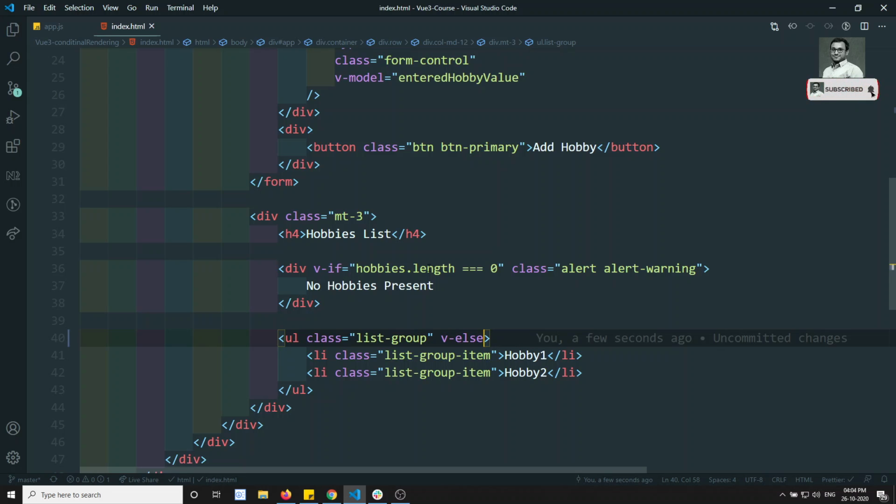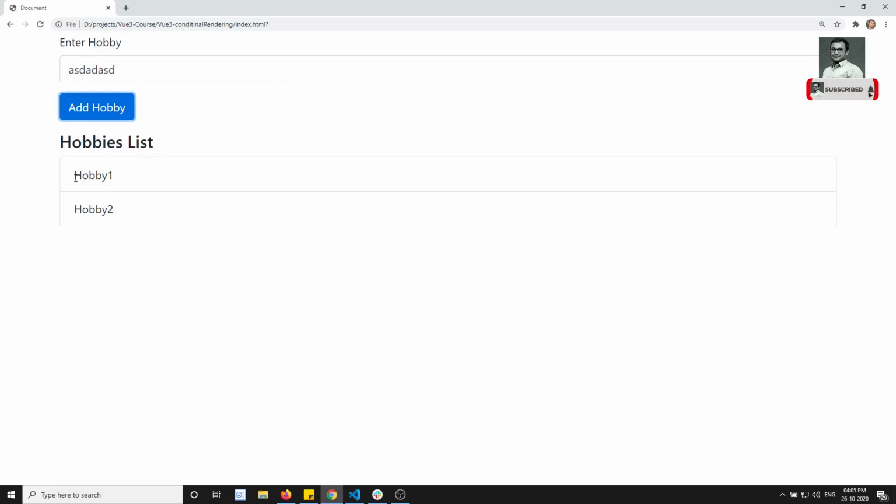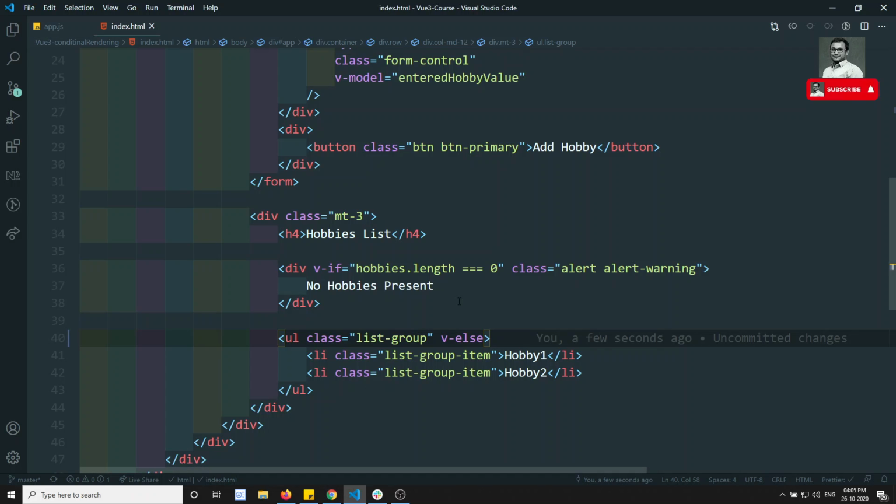So if hobbies.length is equal to 0 is not true, then the v-else directive is applied automatically. If you check the output here, right now the hobbies are not present. If we enter a hobby here, immediately the hobbies have come. See, the hobbies thing we will write afterwards. So like this the condition appears.